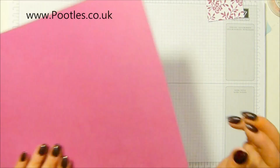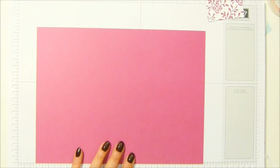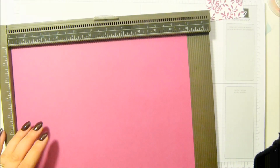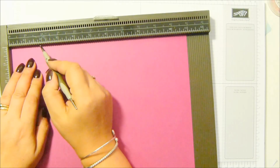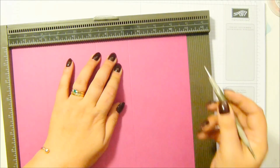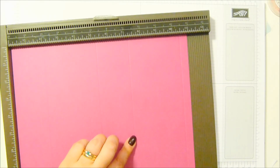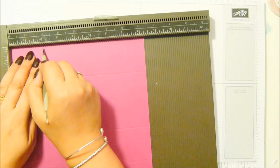So you need a piece of cardstock that measures 8 1/4 by 11 inches, which is 28 by 21 centimetres. And we're going to score the long side first. Okay, so I've got Berry Burst here. Luscious colour. It's just divine. So score it at 2, 5 1/4, 7 1/4, and 10.5 inches, which in metric is 5, 13.5, 18.5 and 27 centimetres. Whiz it round and score it at 2 inches,